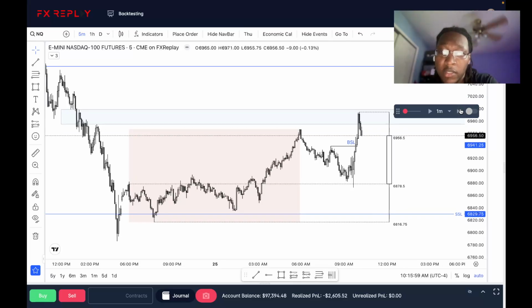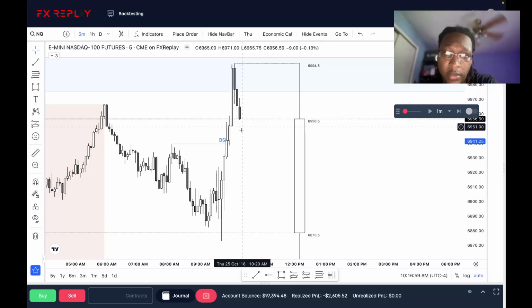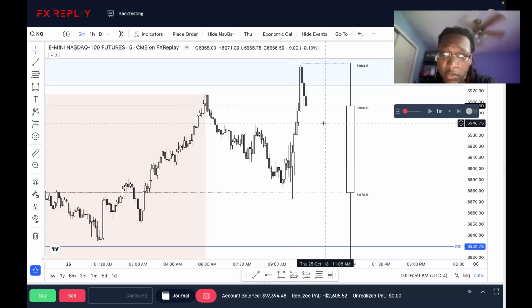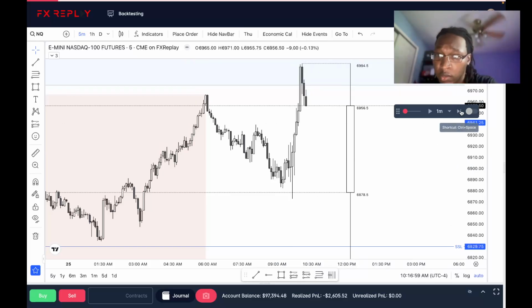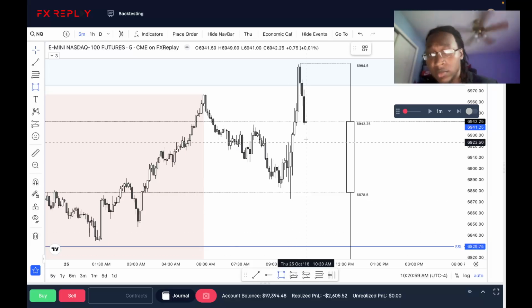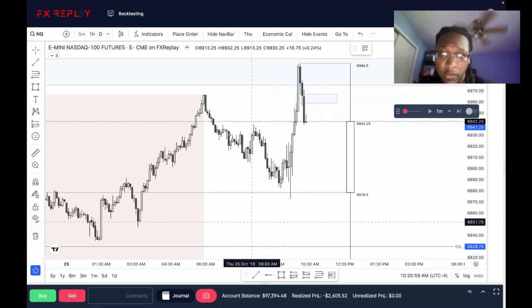Now, do we get a full fill on this BISI right here? This is what I'm looking at. If we get a full fill here and we close below here, I would look at that as a change in state. And we could look for the lows. And this is 10:15, so we're in good timing. Yep, easy taking this trade. Exactly right after we took out that buy side liquidity here on the range.